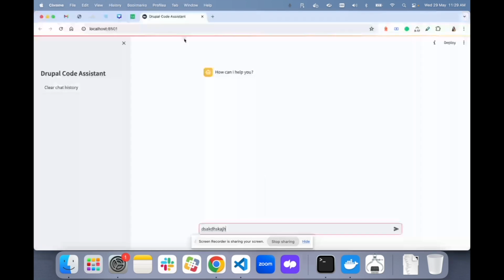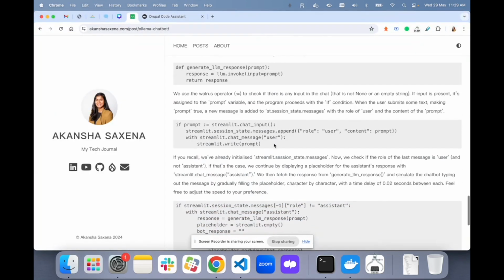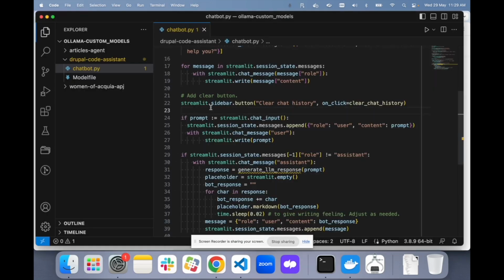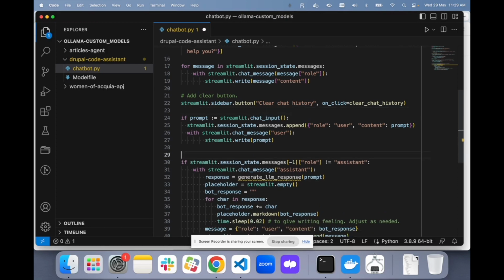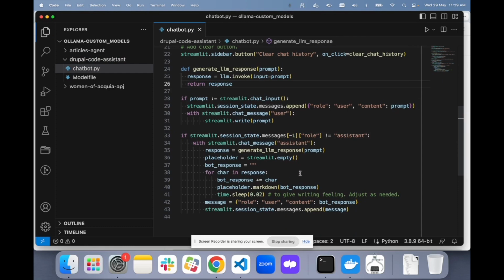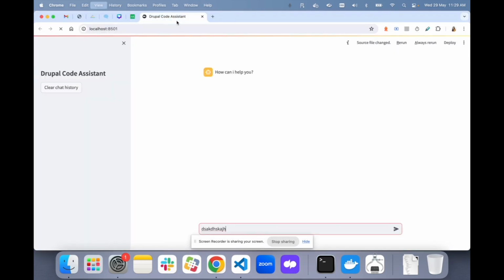Let's go and create this function called generate_llm_response, and then I'm going to go here. Yes, the function exists. I do not see the red underline here anymore. Now let's see if it is working or not. It seems to be working. I don't know, but the page is loading correctly, so things are looking fine.